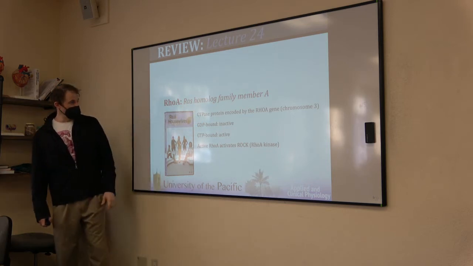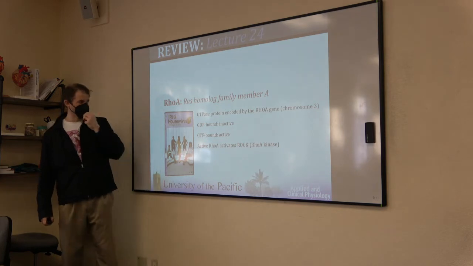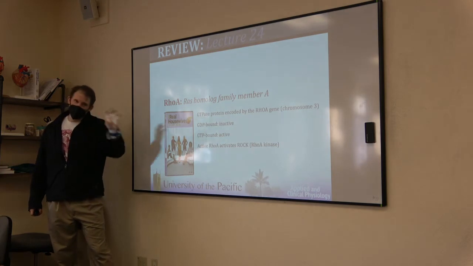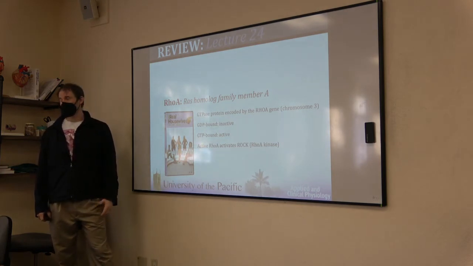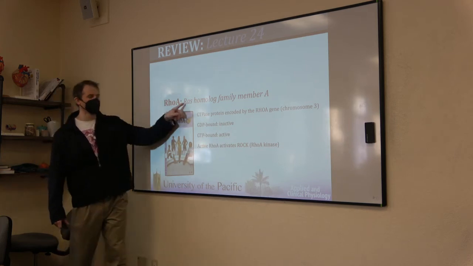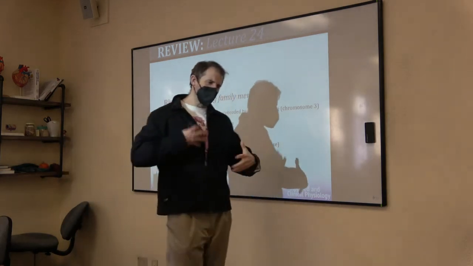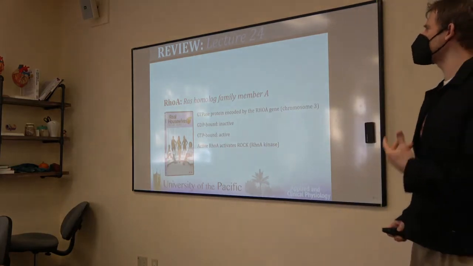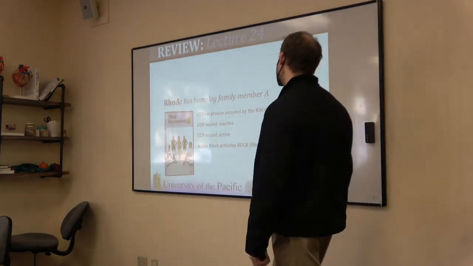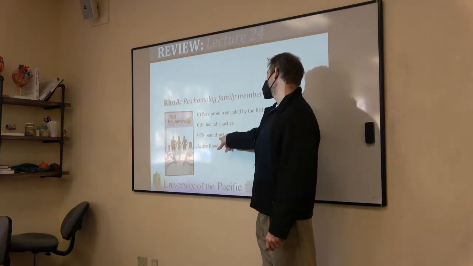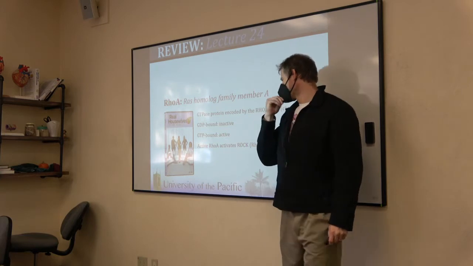So you need a GTP bound. I think this will probably give you some clues. You need a GTP bound to Rho A for it to be active and do its cell signaling. What else do you need a GTP bound to for it to be active? Rheb. Ras homolog enriched in brain, right? It's in the Ras superfamily. Ras, not really, it's sort of a cousin. Ras is more of a cousin, but this is in the same family as Rheb. And so active Rho A is GTP bound, and it activates ROCK, Rho A kinase.